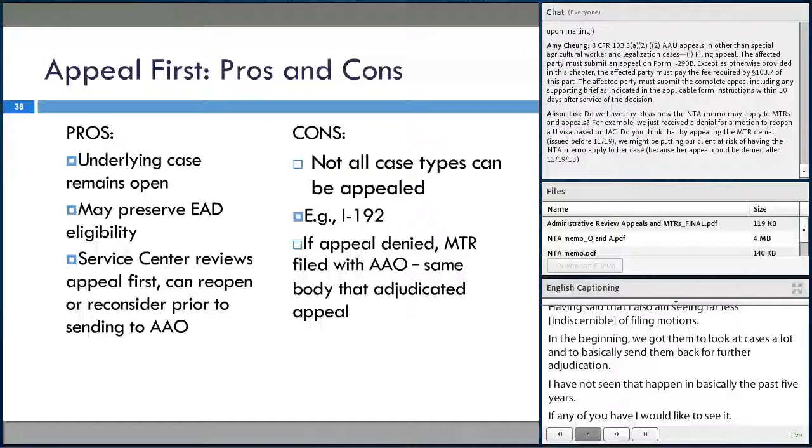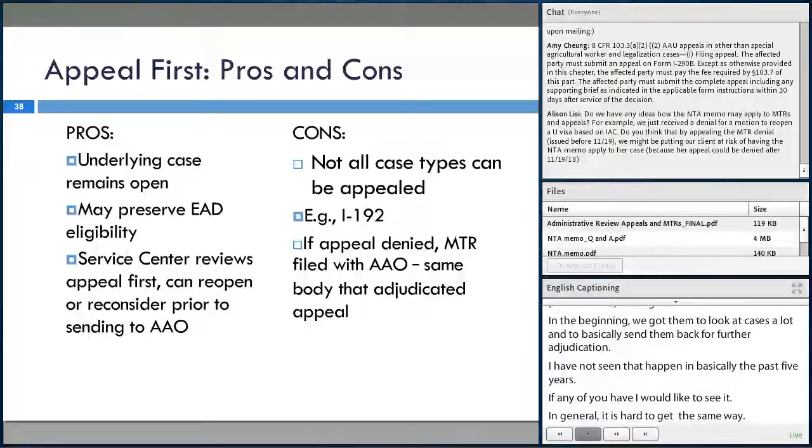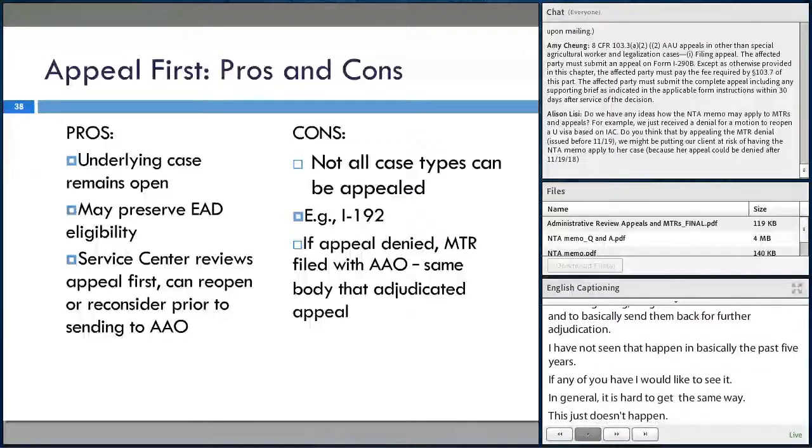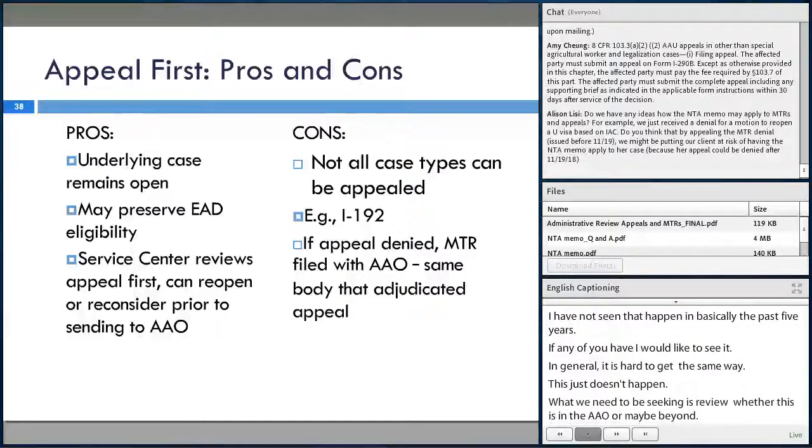So what we really need to be seeking now is review by an independent adjudicator, whether that's in the agency itself at the AAO or, as Amy has mentioned, maybe beyond. The problem with going to the AAO, as some of you know, is that by regulation, not statute, the AAO is prohibited from reviewing the discretionary denial of the I-192 waivers. So part of what we have on our website